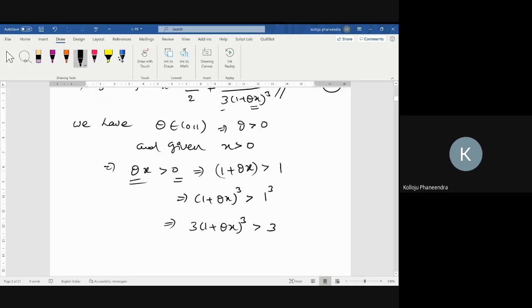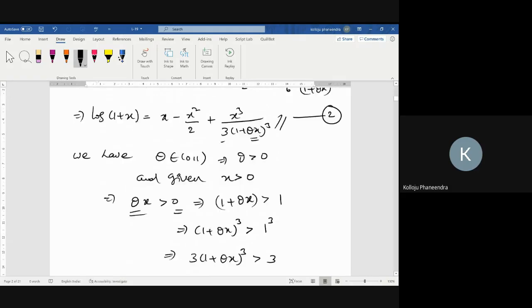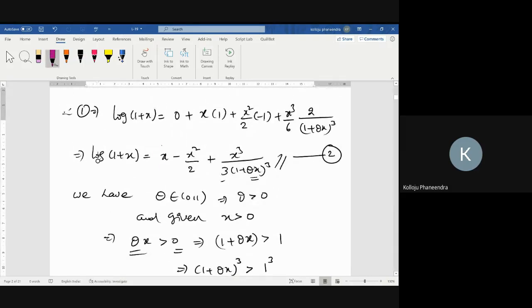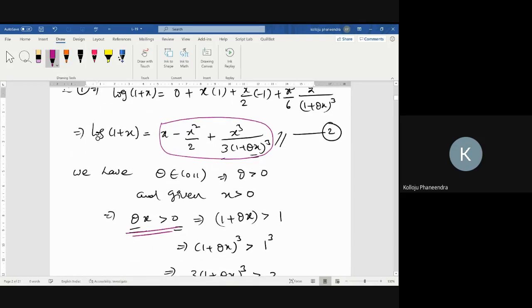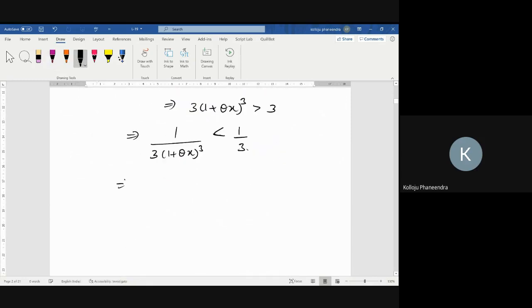Next, reverse it: 1 by 3 into (1 plus theta x) whole cube is less than 1 by 3. I'm getting this right hand side expression from theta x greater than 0. Next, x cube is there, so let us multiply it by x cube. x cube by 3 into (1 plus theta x) whole cube is less than